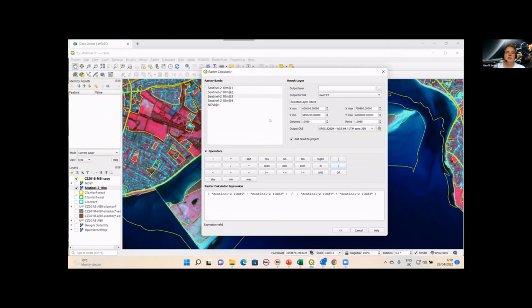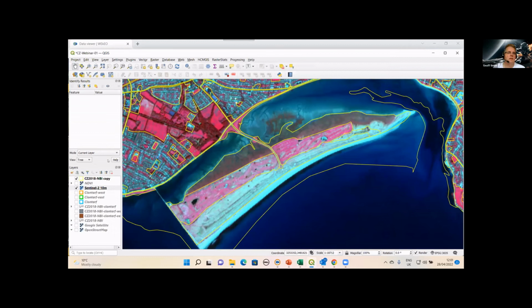And if we ran this process, it would take those bands, do that band mathematics and return to us an image with a single layer where, for each pixel in that image, the result of that calculation will be present. And this ranges from -1 to 1, with vegetation having values much closer to 1 as the difference between the near infrared and the red increases. But I'm not going to run that because that'll take a few seconds.